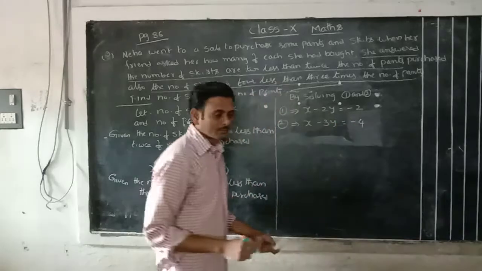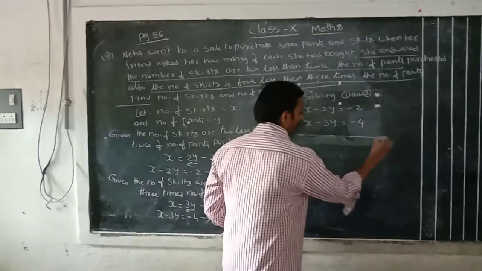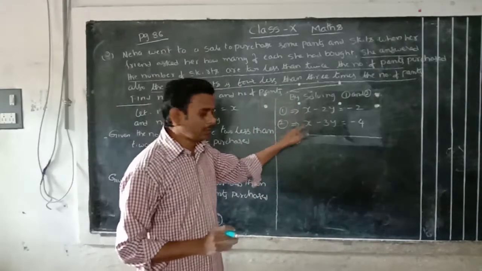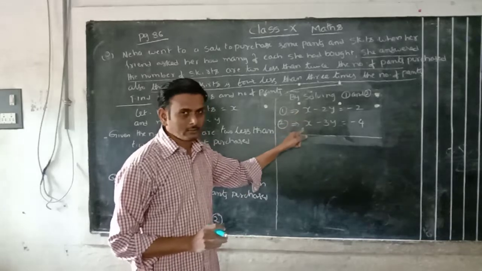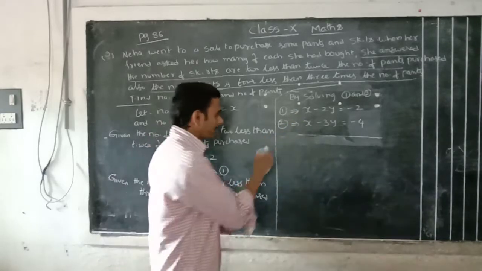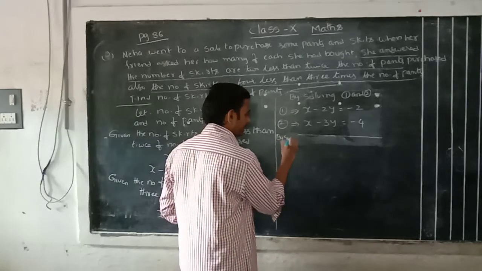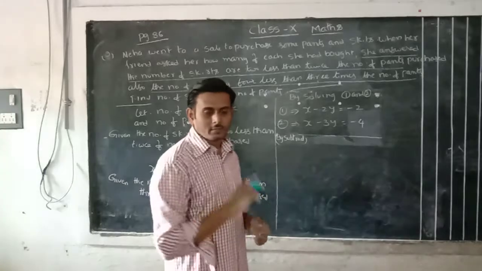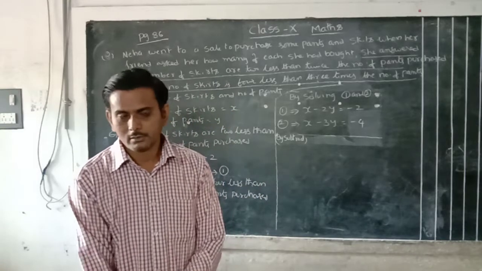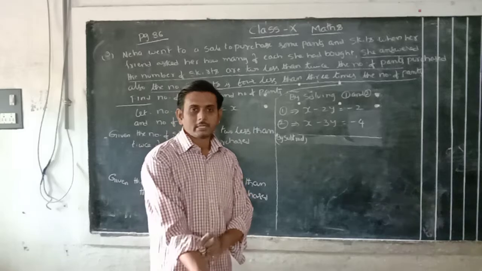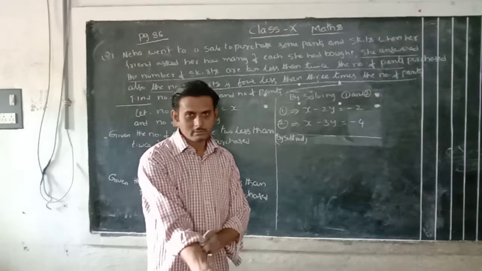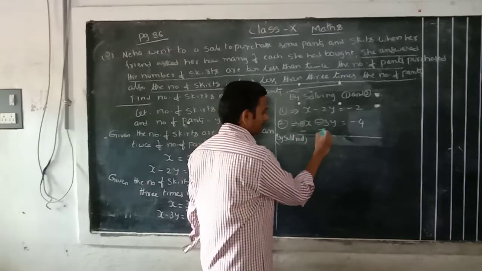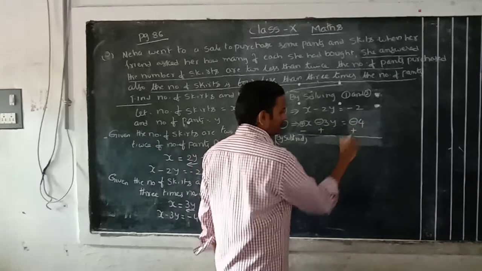equals minus 4. Now, in the x terms or y terms, we look for equal coefficients. x has equal coefficients, but the signs are not opposite. So to make them opposite, we subtract, which means changing the sign of the second equation. By doing the subtraction of the algebraic expression with the sign change, plus becomes minus, minus becomes plus, and minus becomes plus.